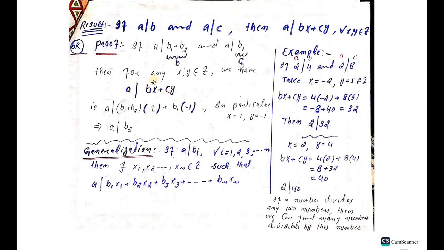c से ज़ाहिर किया है। अब ये b क्या है, this b is actually b1 प्लस b2, तो यहाँ पे रखा गया है। ये c क्या है, this c is actually b1, तो b1 यहाँ पे रखा गया है। x और y इंटीजर है। अब x और y हम कौन से इंटीजर ले ले यहाँ पे पुट करें कि हमें थ्योरम का रिजल्ट प्रूव हो जाए। अगर a b1 प्लस b2 को divide कर रहा हो और a b1 को divide कर रहा हो तो हमने साबित करना था कि a b2 को भी divide करेगा।